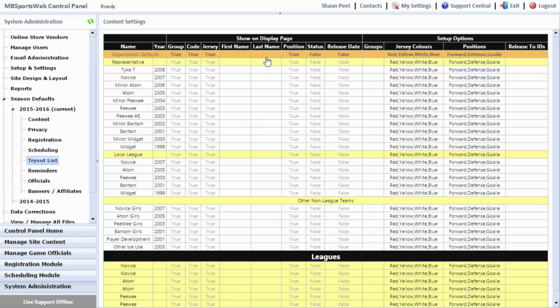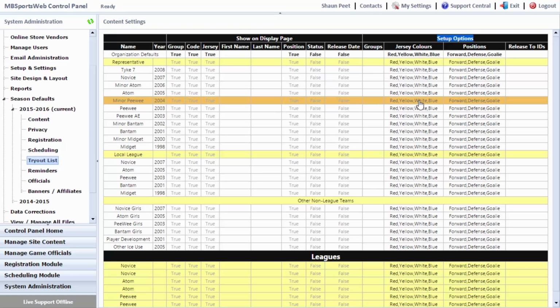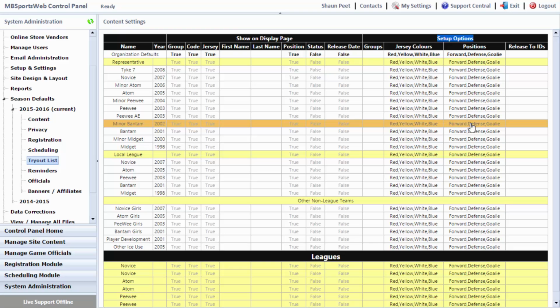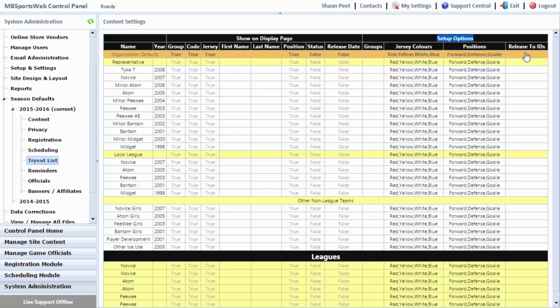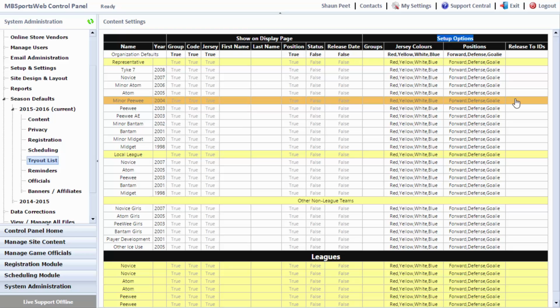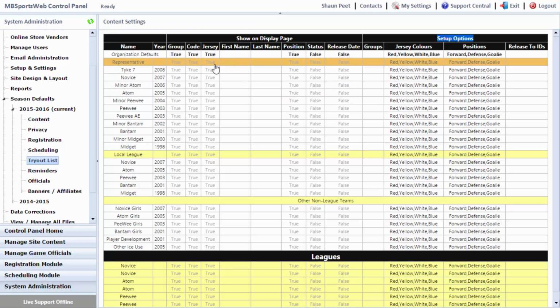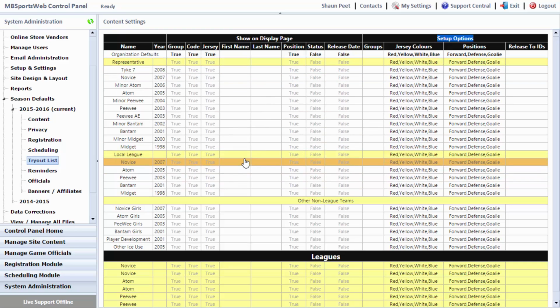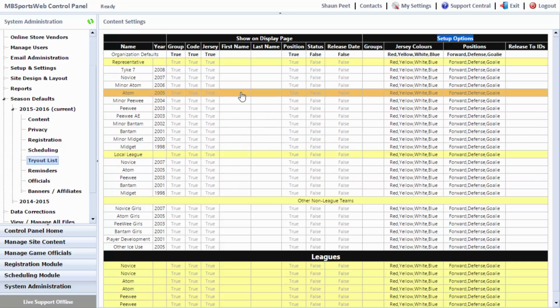What you can set for organization defaults is what shows on the pages that are displayed to the end users, as well as some of the options that help with the setting up of the lists themselves. Now in here, what I'll also show right now is this release to IDs. This is tryout progression. So if you've got, for example, this demo site has a representative set of teams followed by a local league set of teams. If there are tryouts for a representative local league, and the players who, for example, are trying out for the Atom team, if they get cut or released, they would then go onto the tryout list for the Atom local